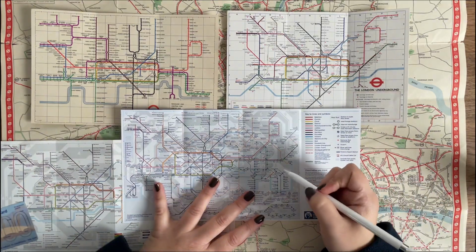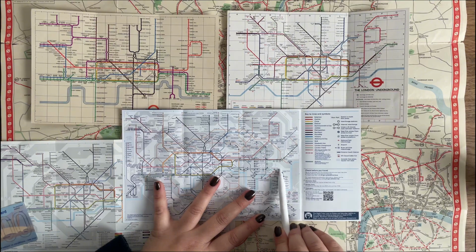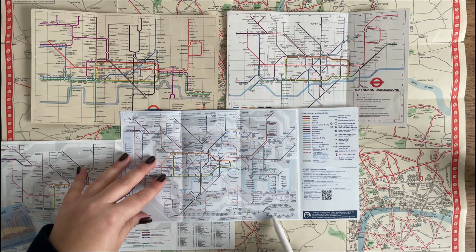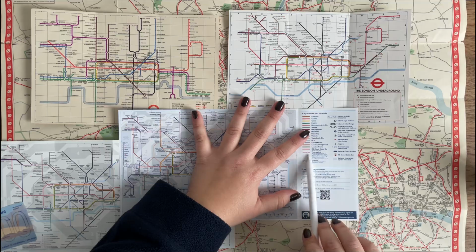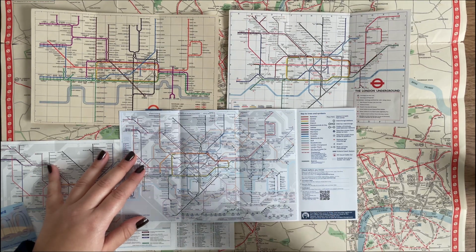And then we have also the Cloud cable car in here. As you can see, you can go from North Greenwich to Royal Victoria. This one. And we have the tram, which is this one that goes to Croydon as well. East Croydon, yes, it's the tram. London Trams, as you can see. Cable car. Thameslink as well, which is this one, which connects again, let's say, the south of London,